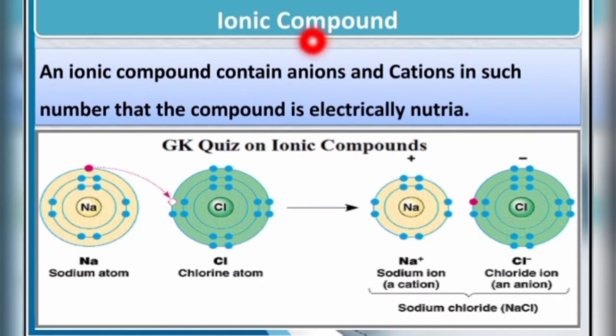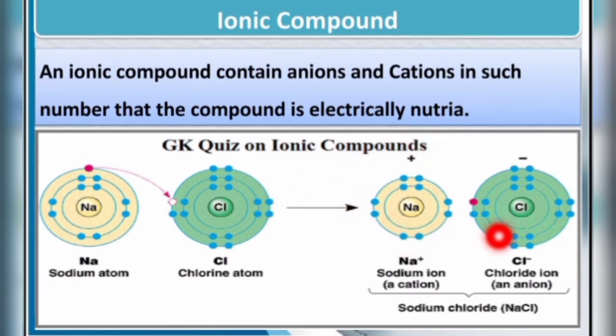Ionic compound. What is an ionic compound? Yes, an ionic compound contains anions and cations in such numbers that the compound is electrically neutral. For example,